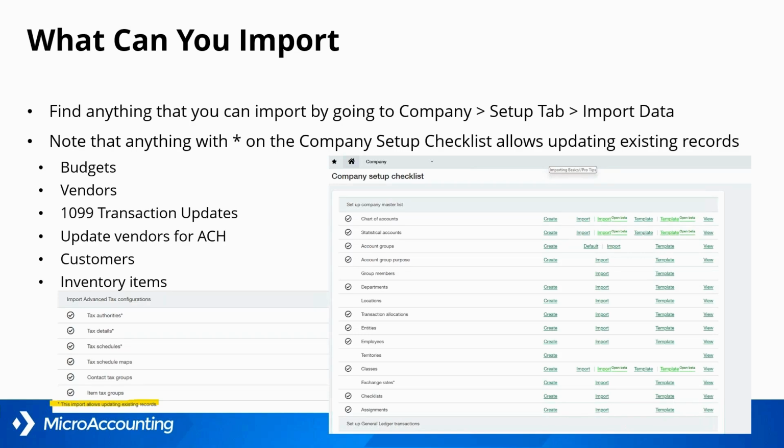What can you import? You can find anything that you can import by going to the company menu, the setup tab, and to import data. It's going to bring you to this company setup checklist. You will find every single thing that you can import into Intacct on this checklist. You'll also find the templates that I was telling you about, where you can go download those fresh templates, see